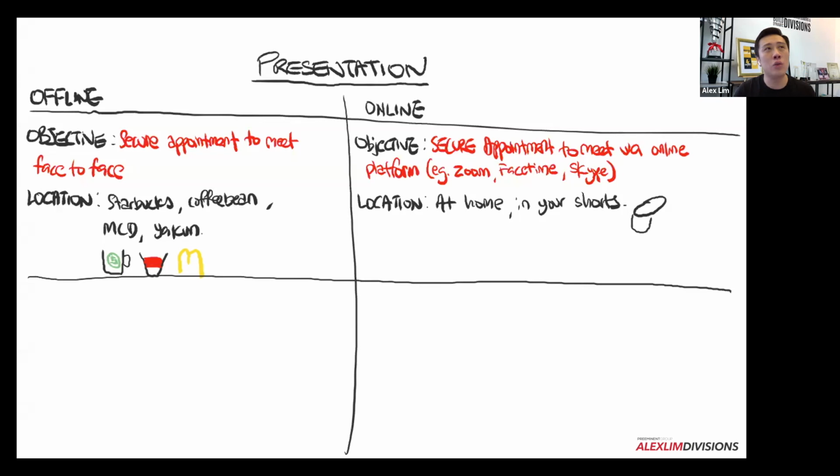So what is the objective? What are the things that you can do when you meet the client, either on Zoom or offline? Because I believe even after this circuit breaker, there will be clients that still don't want to meet so soon. There'll be those who still want to keep a distance. So I give you just one example of a question to ask the client: Hi, Mr. Client, would you be free tomorrow to meet up face to face, or would you be free tomorrow for a Zoom meeting? It's the same question, but what does it translate to the client?